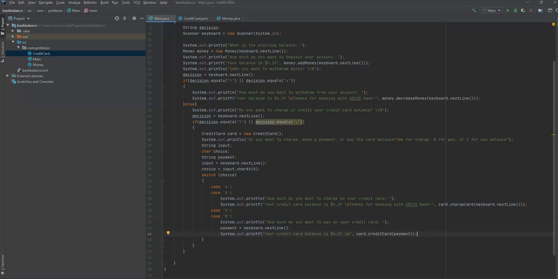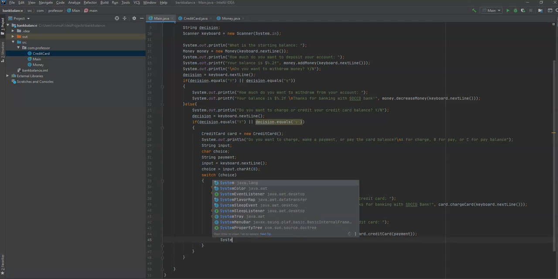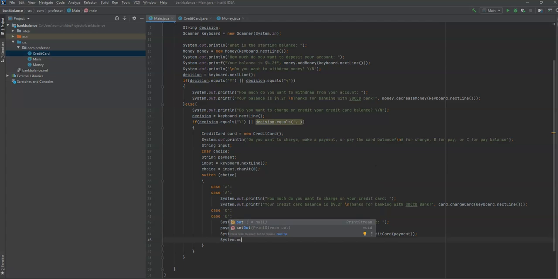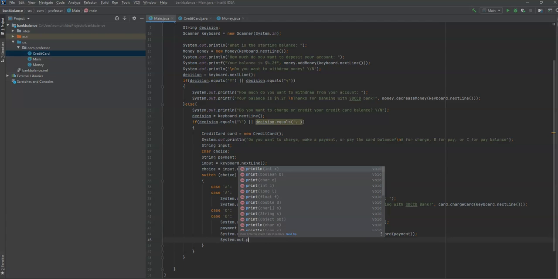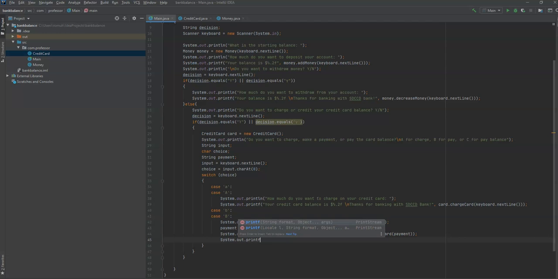So you're paying off your card balance in a payment. And then we'll also say System.out.printf, and we'll say, again, I missed the parentheses, "your new bank account balance